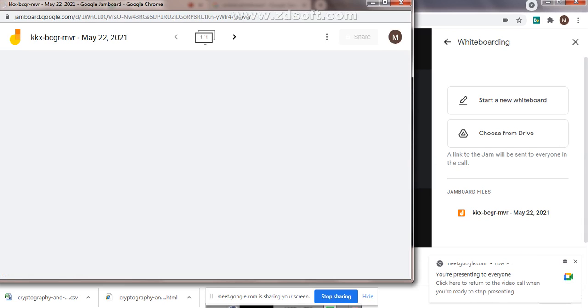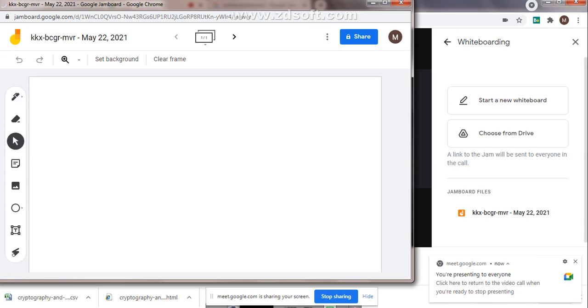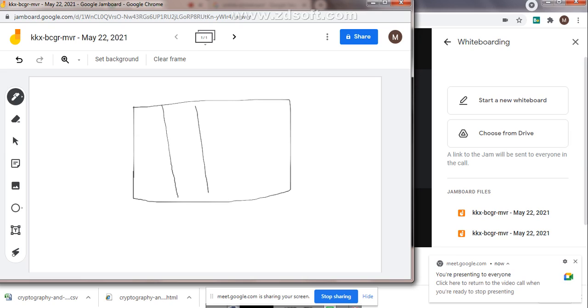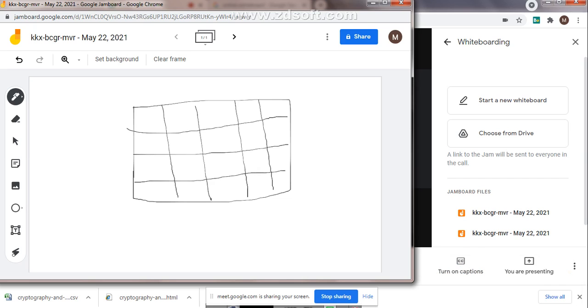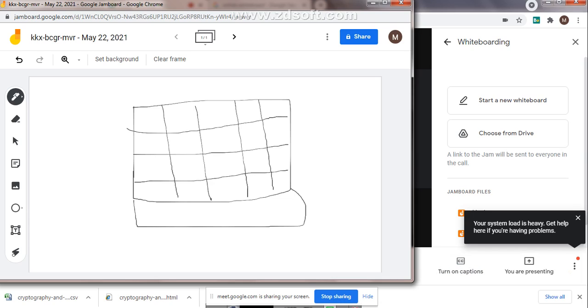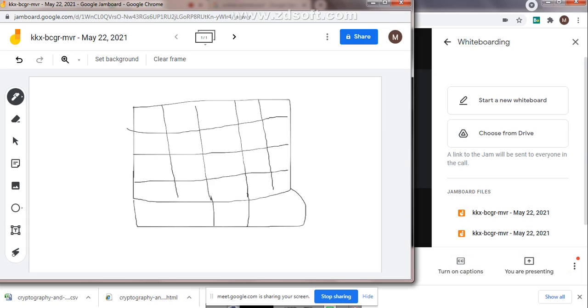Yes, ma'am. I have taken a whiteboard here, Jamboard. Here I will show you how exactly the Playfair is going to work. Is it visible? Yes, ma'am. We'll write the same example here. So with taking the example, I'll explain it once again. See, what is the keyword we have considered there? Monarchy, right?